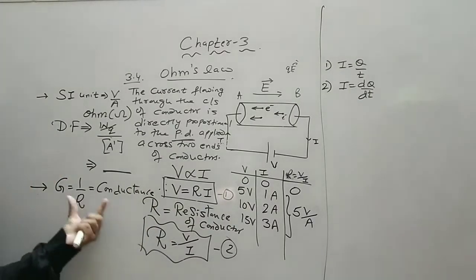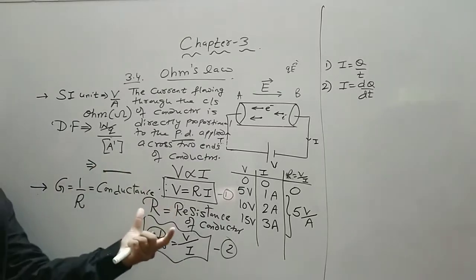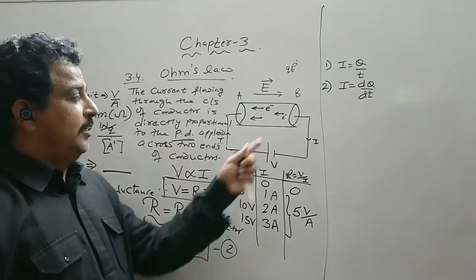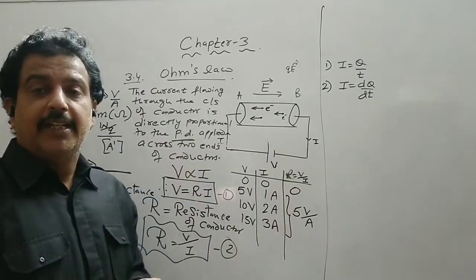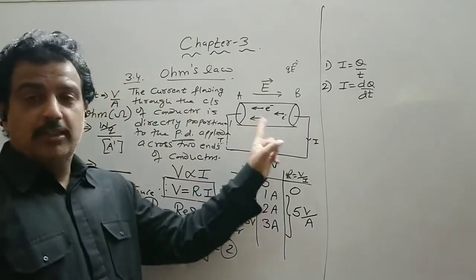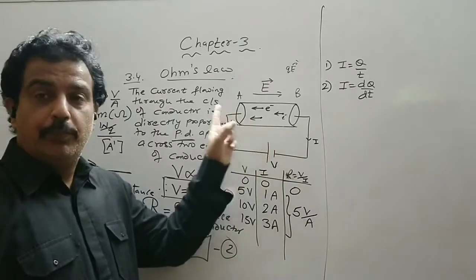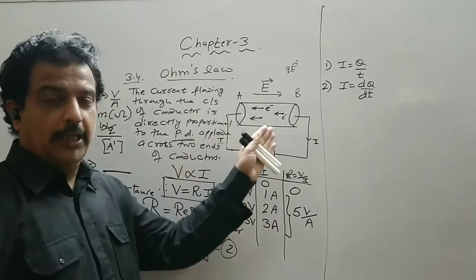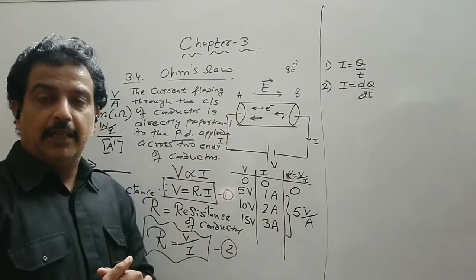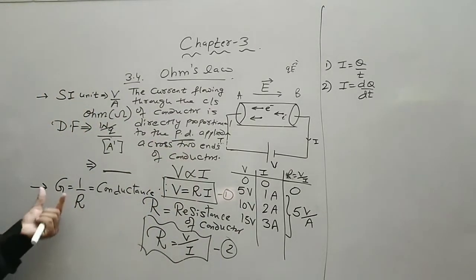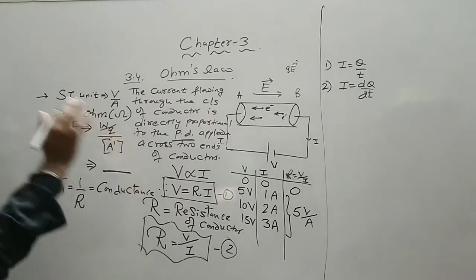So the reciprocal of resistance, as the name suggests, resistance means to resist. What is resisted? The motion of the electrons will be resisted, and by basic introduction we know that this conductor also consists of the positive ions, which are oscillating about their mean position. So the electrons will collide with the ions, and this gives rise to the term resistance or a new term resistivity. So capital G is 1 upon R, that is the reciprocal of resistance is called conductance.